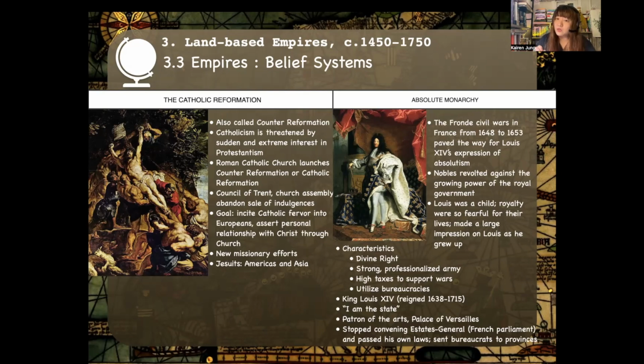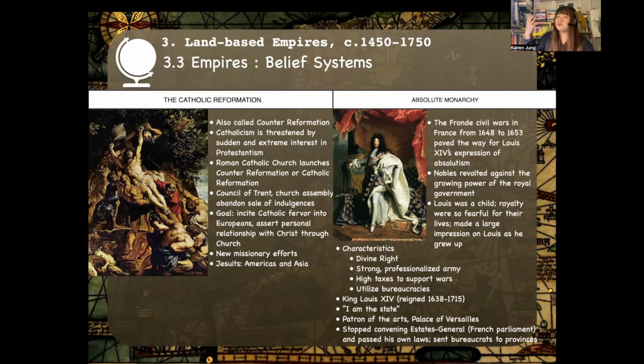The Fronde civil wars in France from 1648 to 1653 paved the way for Louis XIV's expression of absolutism. Now remember, kids, XIV. No. X means 10 in Roman numerals, and when you have the I right on the left of the V, that means you subtract one I from the 5, which is the V, and so you got XIV meaning 14. Louis XIV's expression of absolutism just really took hold as a result of the Fronde civil wars, and here's